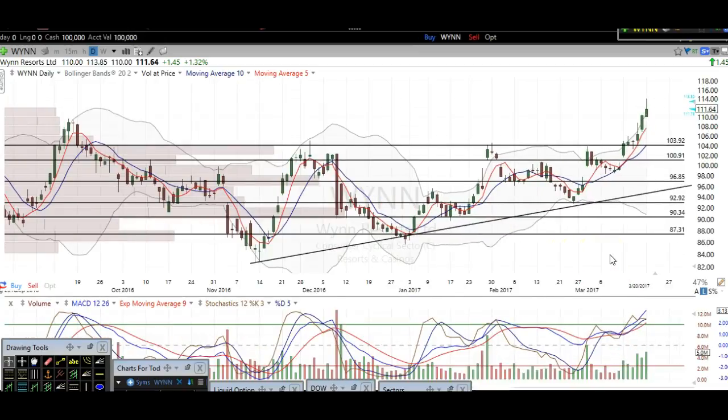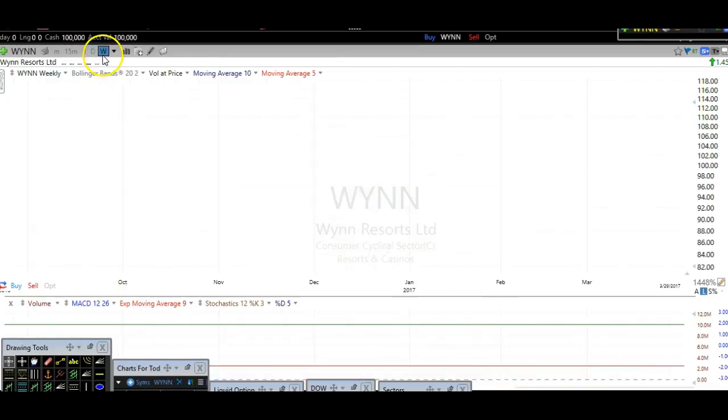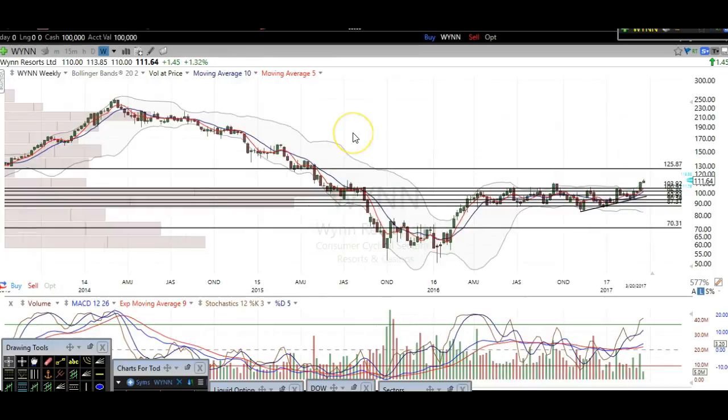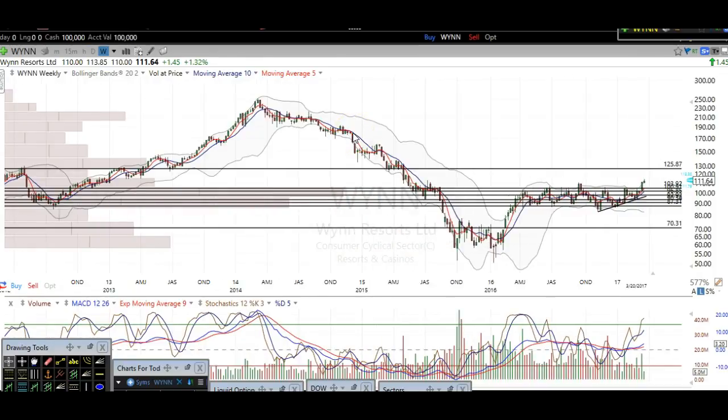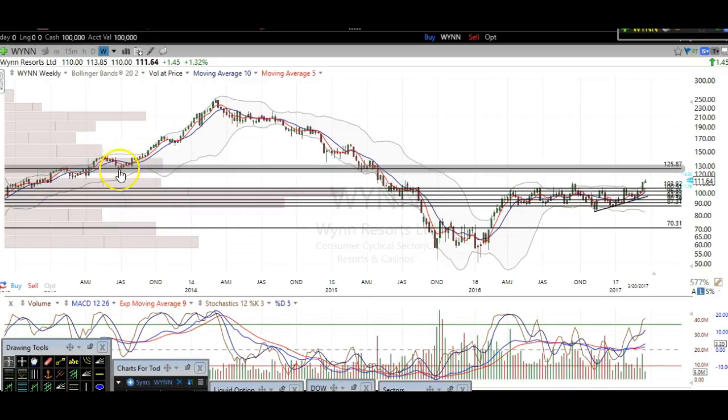So right now we've got support down here at about 104. That's going to be that level of support that you want to look for. And as far as targets, let's look at the weekly chart here. The next resistance that I'm seeing isn't really until about 125, 126, and that's based off of the resistance or the former support right here in 2013, and then